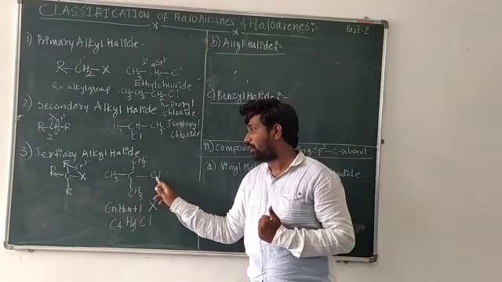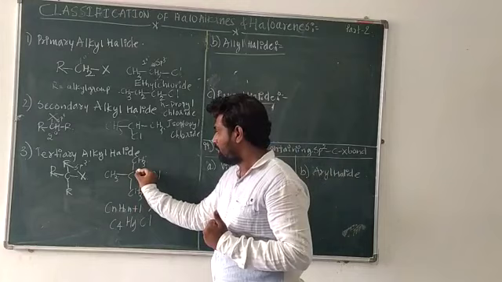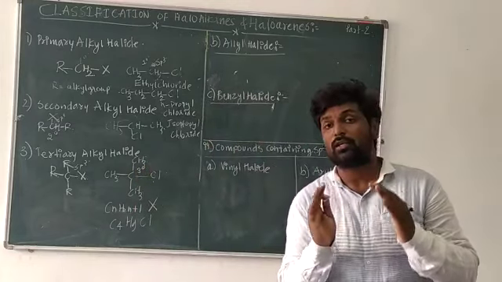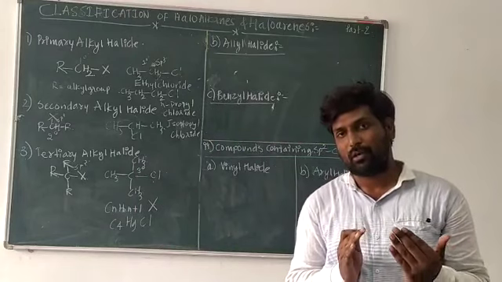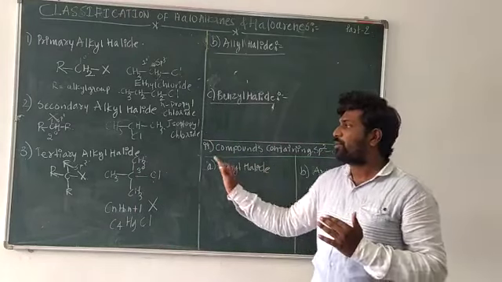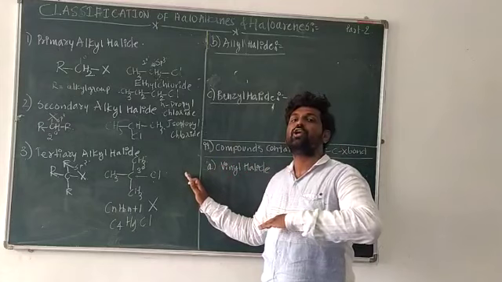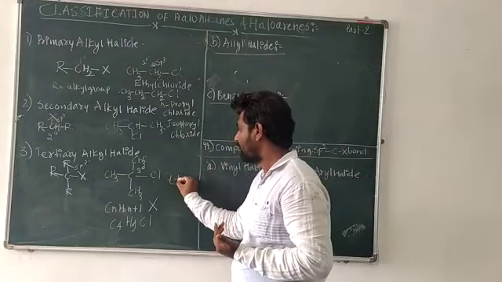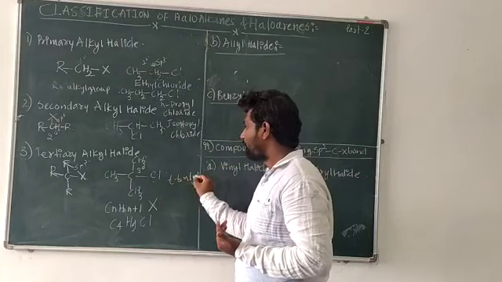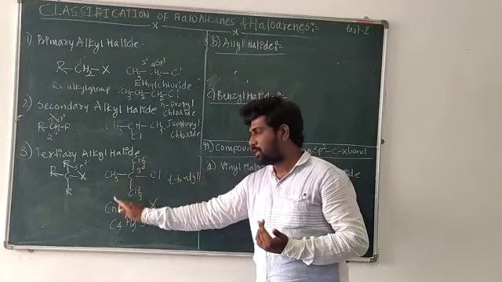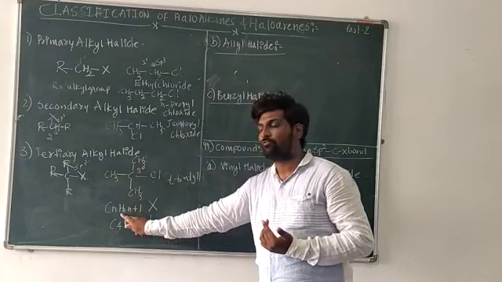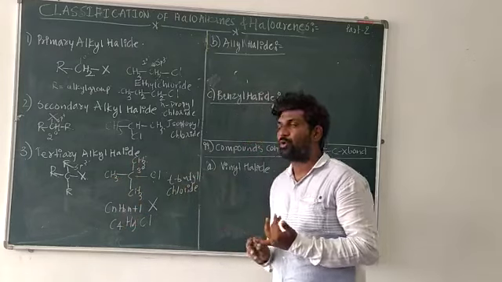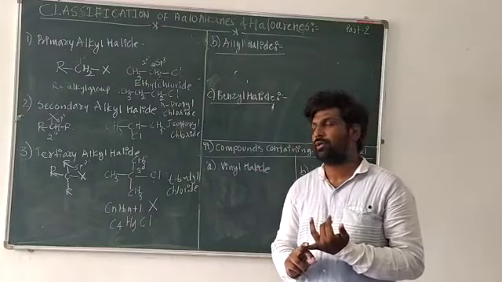And the halogen. The only thing you need to remember is that the halogen atom is bonded to the tertiary carbon atom. So tertiary alkyl halides are the type of alkyl halides where the halogen is bonded to the tertiary carbon atom, which is bonded to three other carbon atoms. So this is tertiary butyl. Butyl stands for 4 carbon atoms, satisfying the CnH2n+1 general formula. Butyl chloride. You can take bromide, fluoride, iodide also.